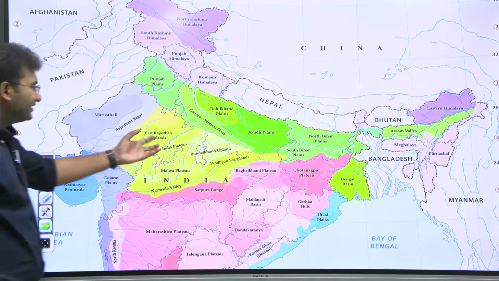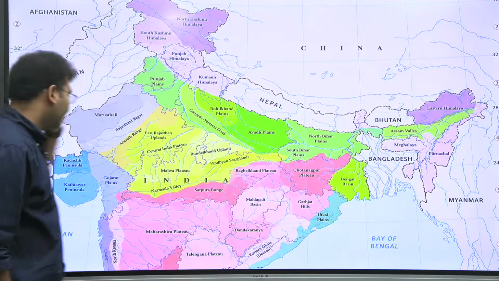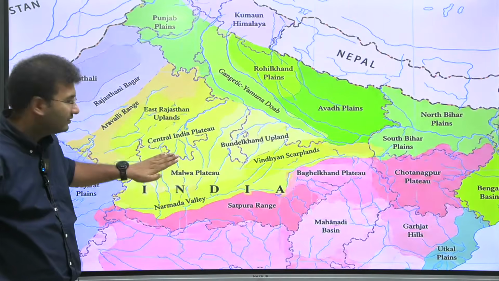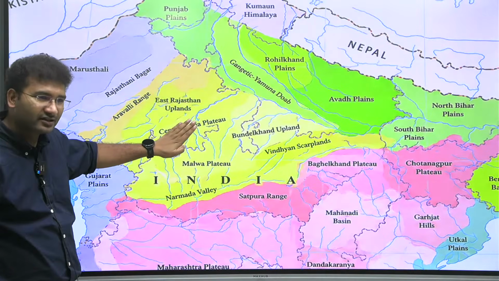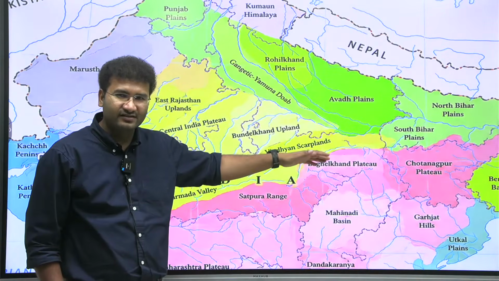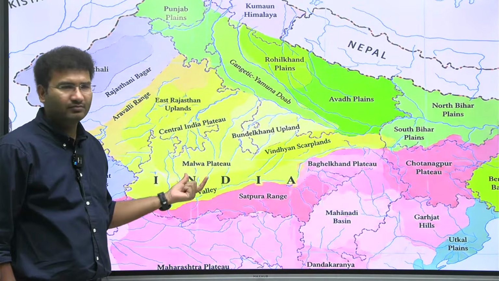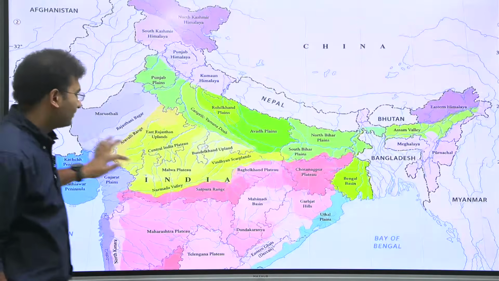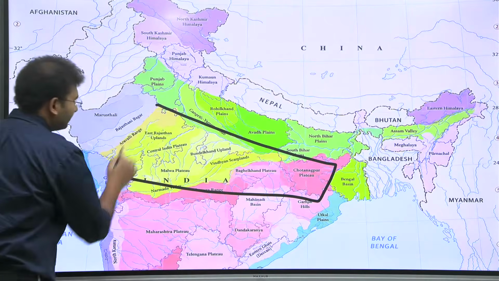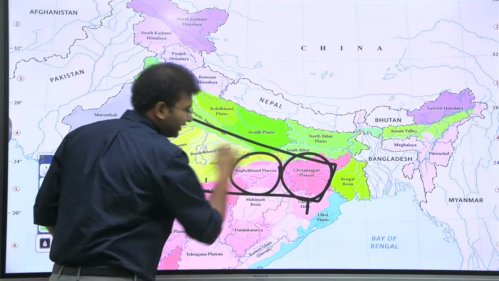So the species that are found here are basically a critically endangered species, that is gharial. Right? Come. Eastern Rajasthan uplands, then you have the central Indian plateau, central highlands we call it. Vindhyan scarplands, rainfall is very scarce here. Bundelkhand, Ken Betwa interlinkage, and then comes your Malwa. Malwa is literally in Madhya Pradesh, right? So you go a little east, even this part of the area is full of plateau. This is your Chota Nagpur plateau. This is your Baghelkhand plateau.